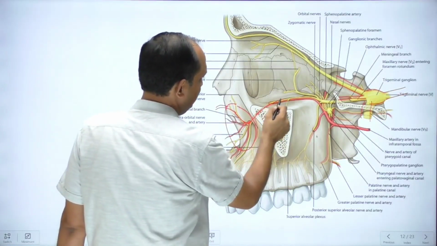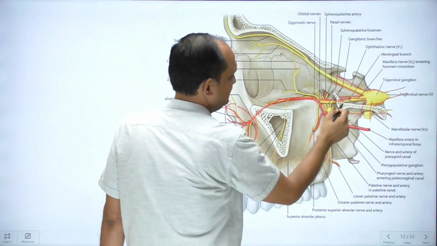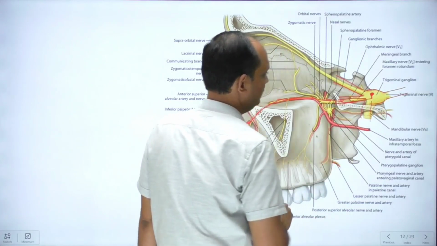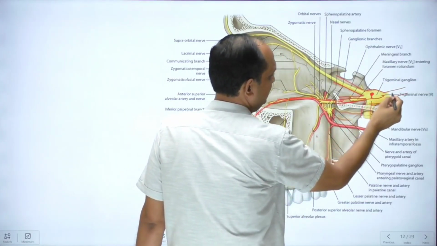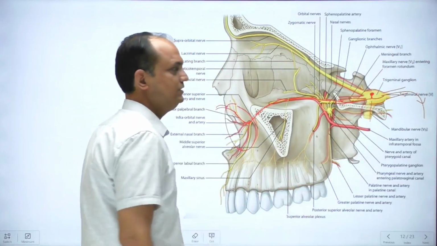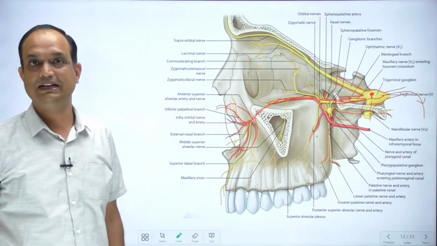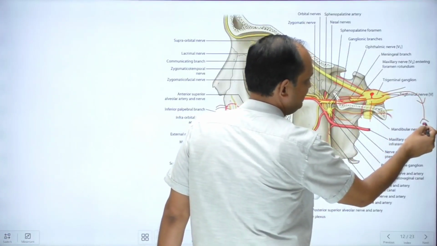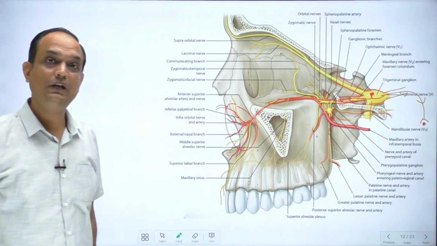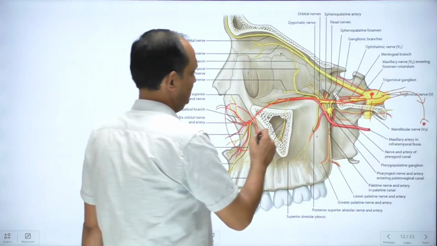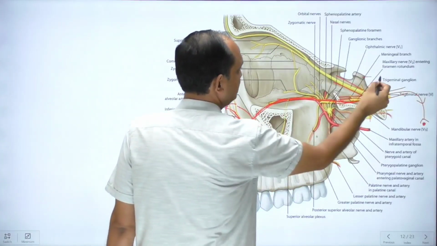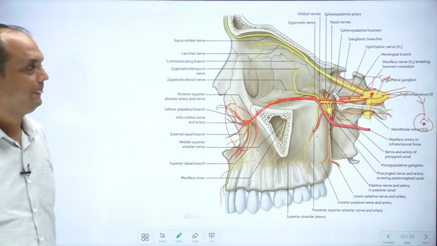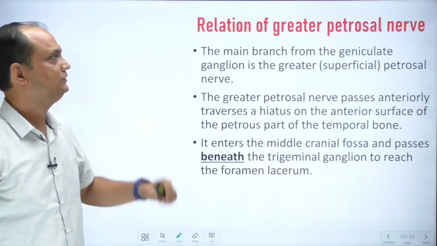The sensation is going through this nerve. Ultimately it is reaching into this ganglia. Here you have the neuron of this nerve. Then the central process will enter into this and ultimately reach the midbrain, pons and medulla, that is in the brain stem. In the brain stem, this will relay and make a synapse with the neurons of the nuclei present in the brain stem. So in this case it is known as first order, and then you have the second order in the brain stem. Clear? Now what is the relation of greater petrosal nerve?